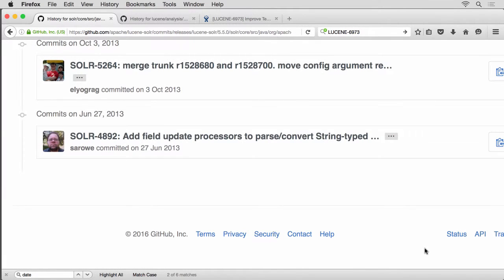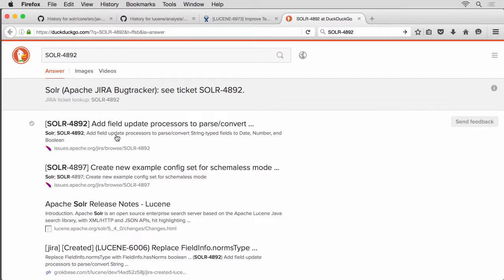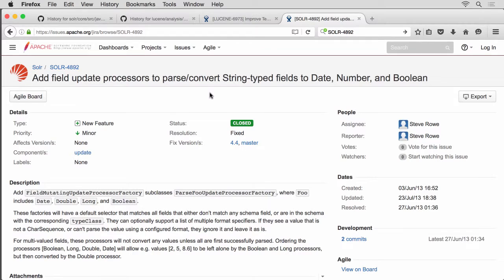This one is a bit longer, but seems to be starting with Solar-4892. Okay, this one was released in 4.4.